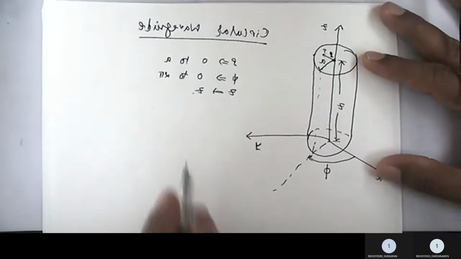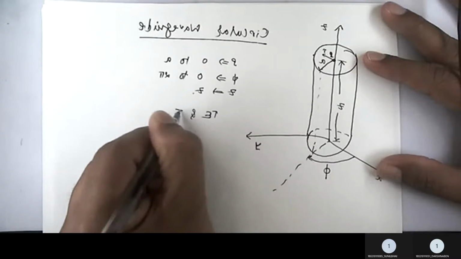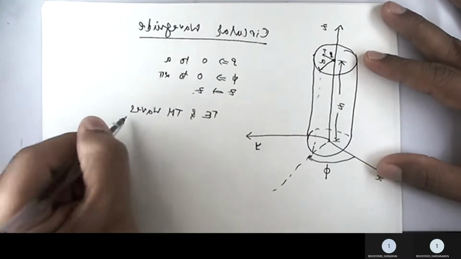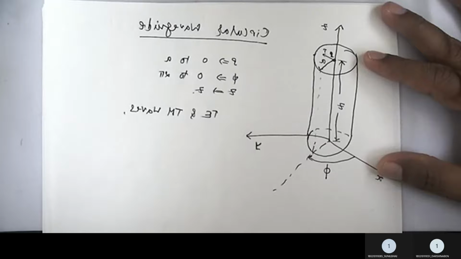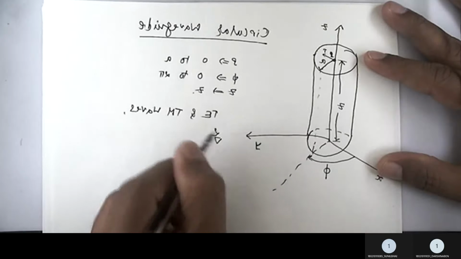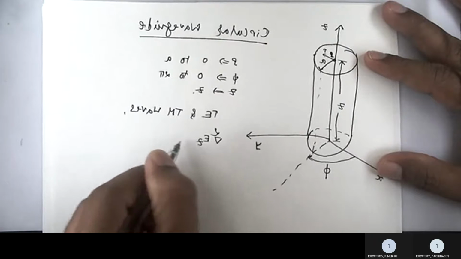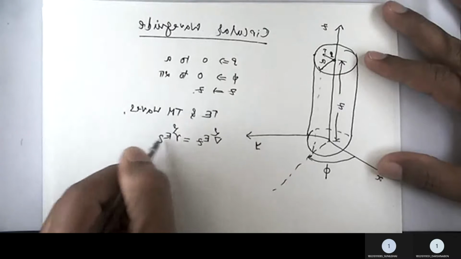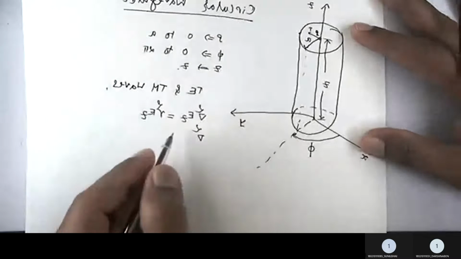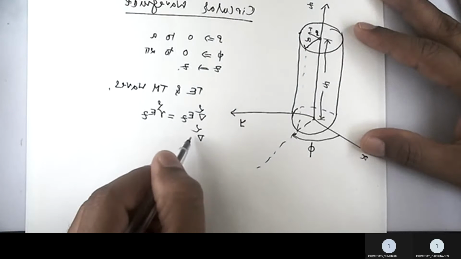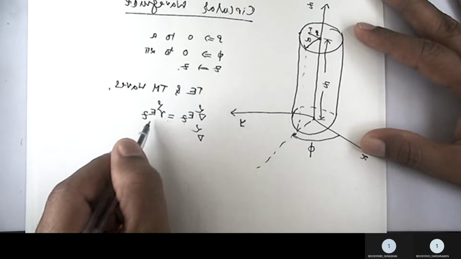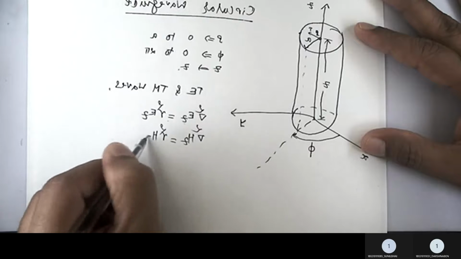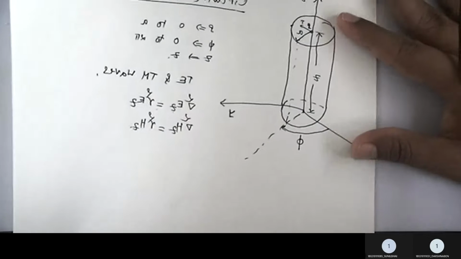For obtaining the TE and TM waves in a circular waveguide, we first have to use the general Maxwell's equations. All of you are aware that we are looking for either the Ez component or the Hz component. So this is our general wave equation: del square Ez equals gamma square Ez, and in the same way del square Hz equals gamma square Hz.